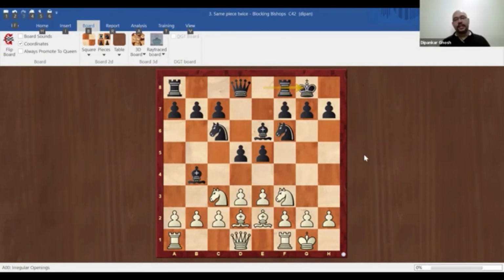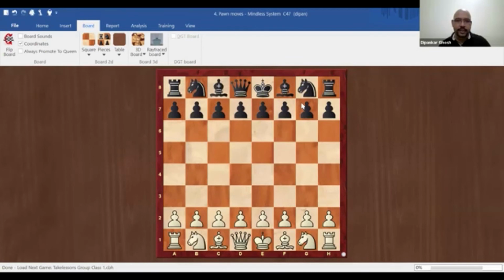So the lesson to learn is pay attention to how your pawns are affecting your pieces. Because pawns are like the skeleton of the chessboard. They define the roads for your pieces. So right now, you block the roads for your bishops, and your whole position is very unhappy. Okay, let's go to the next one.